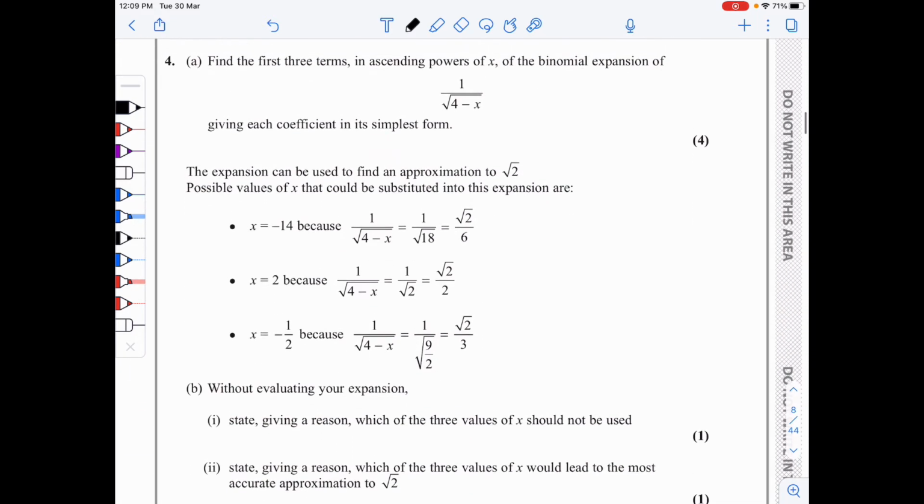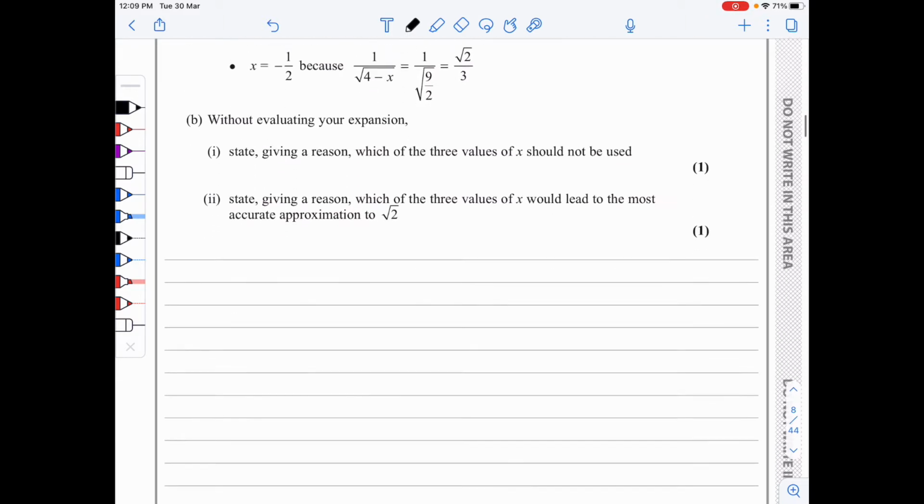In 4, we need to find the first 3 terms in ascending powers of x of this binomial expansion. So we start off with (4 minus x) to the minus a half. We need to force the 4 out. It inherits the power. I'm left with (1 minus x over 4) to the minus a half here. 4 to the half is 1 over 2, and then I apply the binomial expansion, which is given in the